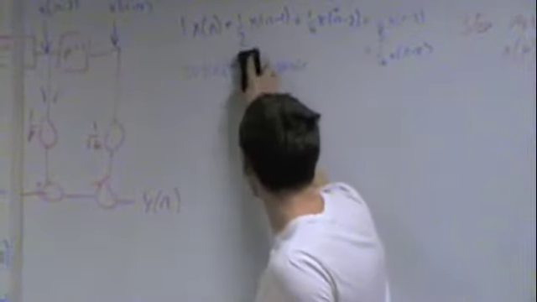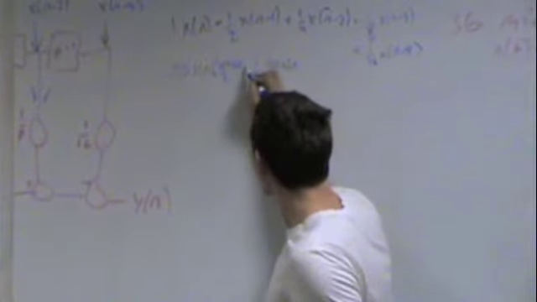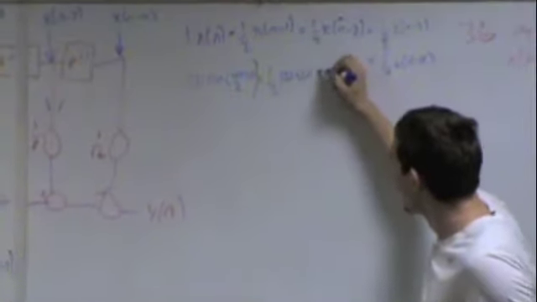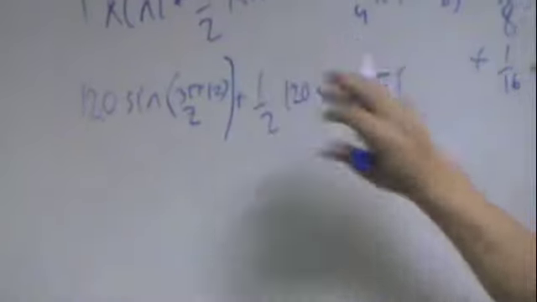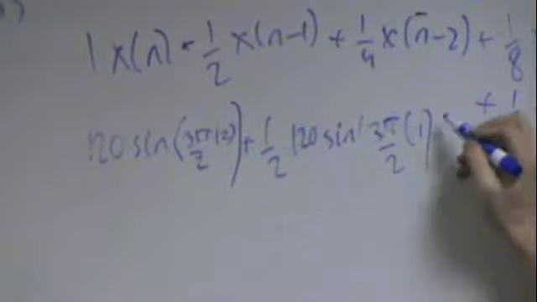Yeah, it's just 3 pi. I'm going to make it neater. And then this is 3 pi over 2 times 1, thank you,